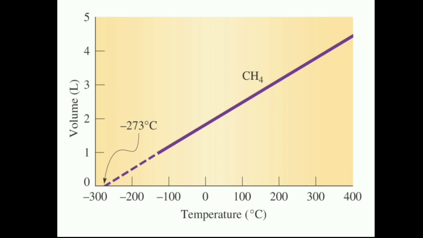We have here another graph. This time we have temperature along the x-axis, and volume along the y-axis in liters. Temperature is in degrees Celsius. Let's have the initial temperature of negative 100. At negative 100, the volume is 1 liter. You increase the temperature to 100